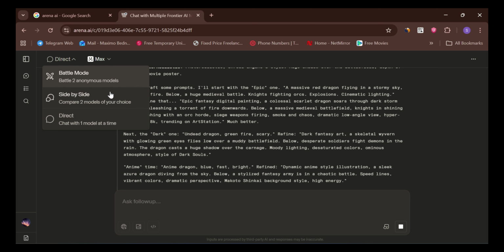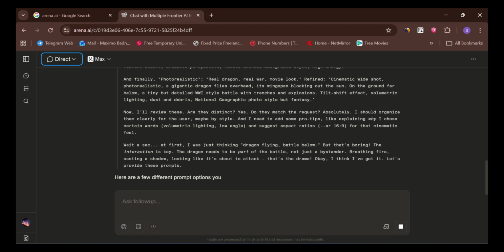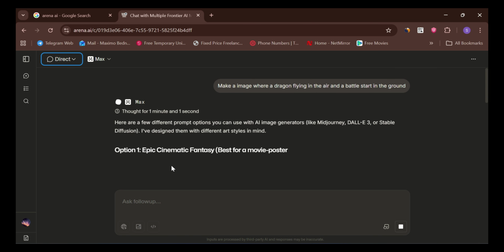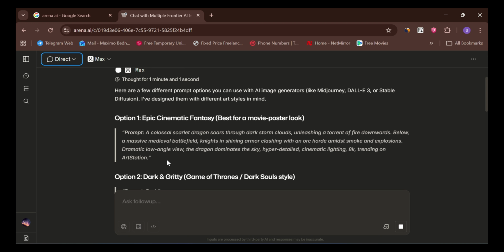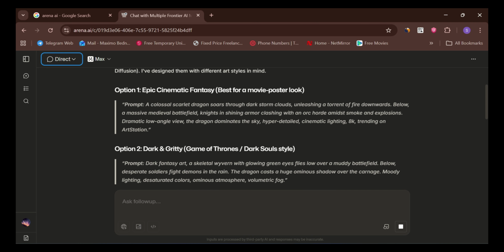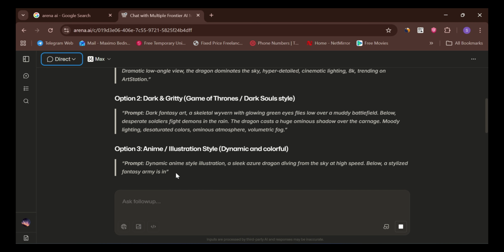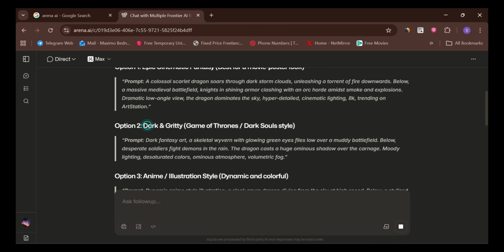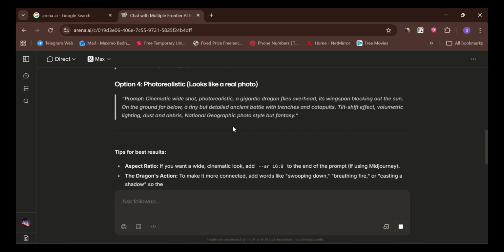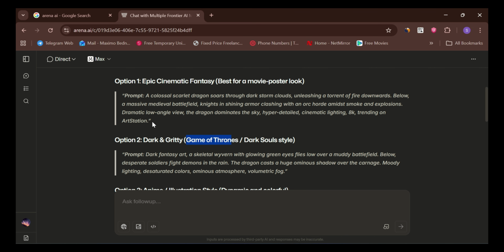So it is continuously working on generating a prompt. You can see this AI basically gives you the proper result. You can see there are multiple options. It will give you the prompt results, like first option, second, third, fourth. You can go for every option, and just like this you will get the result, just like Game of Thrones. So you can go for that one.